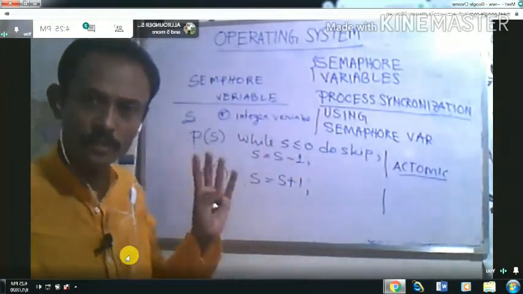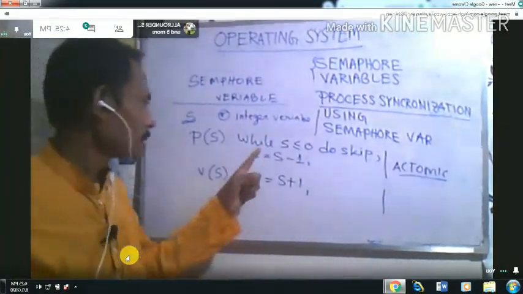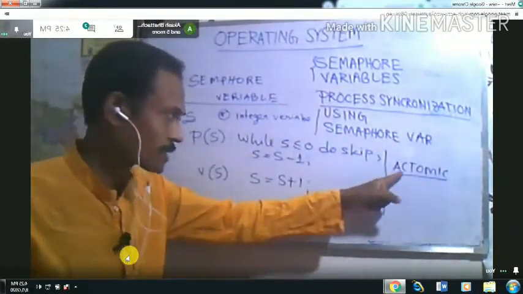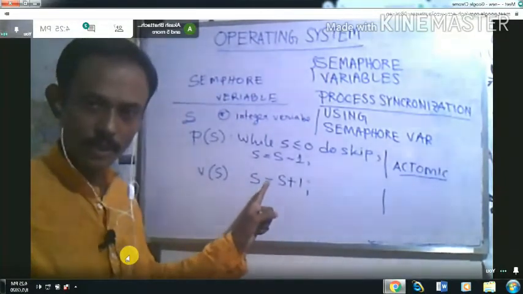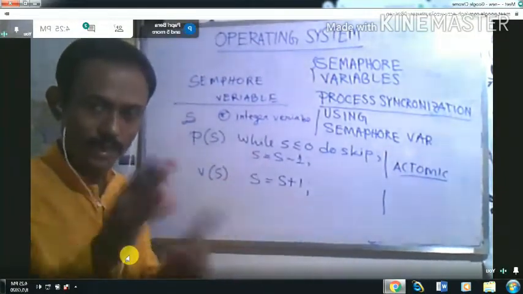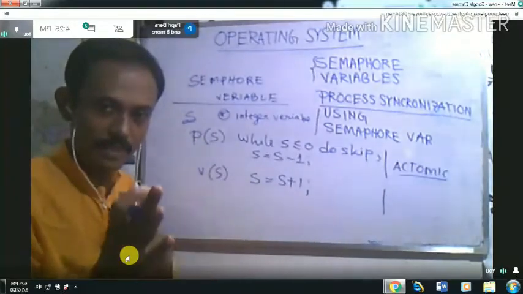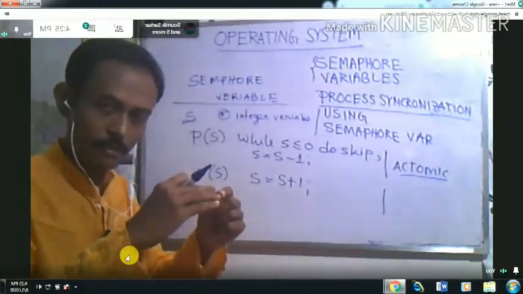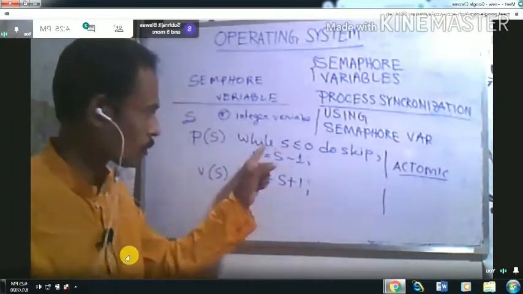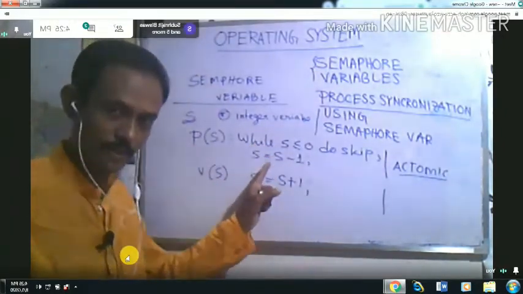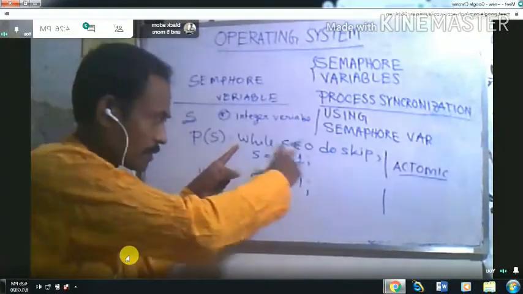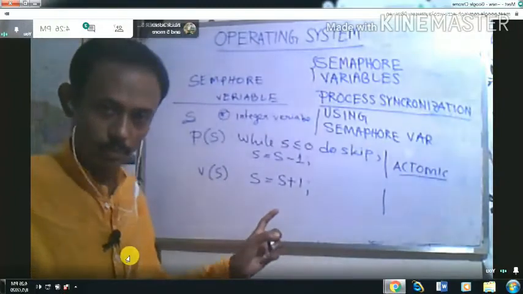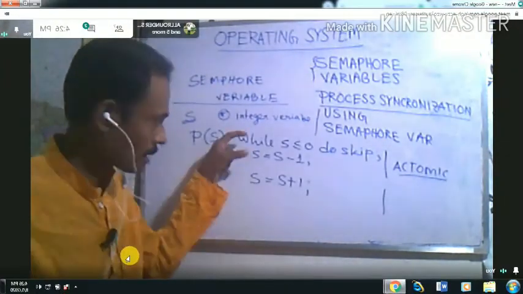Okay, so now what will happen? You cannot skip any operation in the middle. That's why it is called atomic. When it is preemptive scheduling, it means you can release the CPU at any time. So when executing a process with these two statements, after executing the first statement and before executing the second statement, it can release the CPU, and then it will not be atomic. You have to finish both statements. That is called atomic.